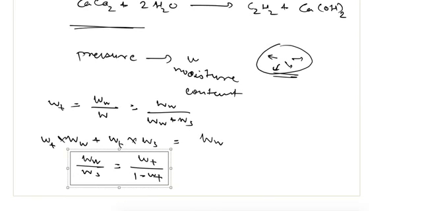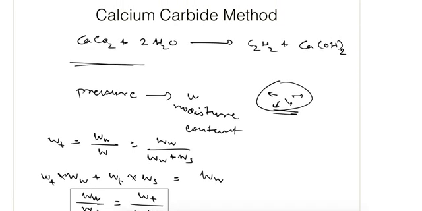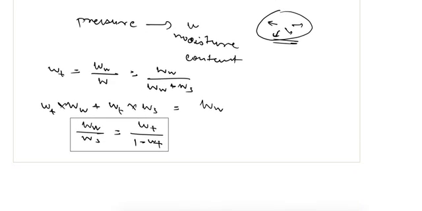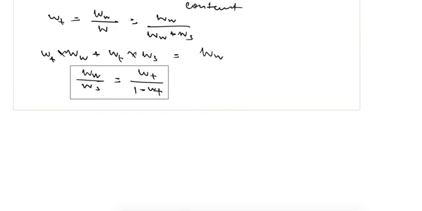So in this, the equipment is calibrated in such a way that whatever pressure the gas is producing when this reaction is taking place, the acetylene gas will release. So we are measuring the pressure applied by this gas, and we are calibrating it in such a way that it will give us the moisture content of the sample. So that's it for the moisture content. Next we will see the unit weight and specific gravity.